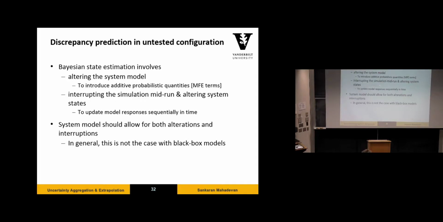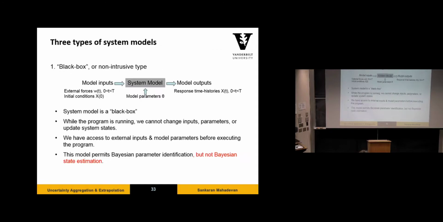And the second thing is you have to interrupt the simulation and do the update, all this model form error and then the system states, and then restart the simulation. So you have to do two things: alter the governing equation and also stop and start the system model. Neither of those are practical in most realistic situations. So therefore,